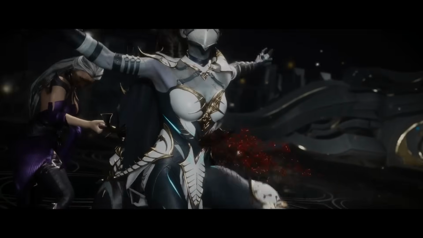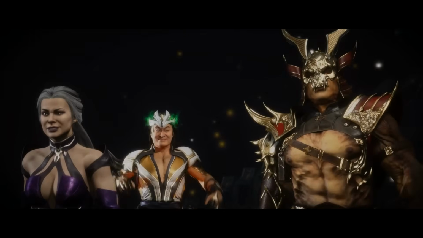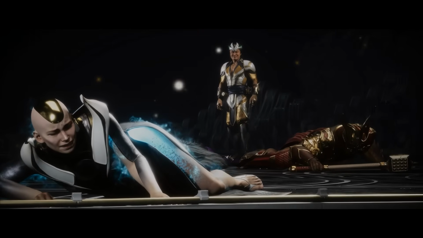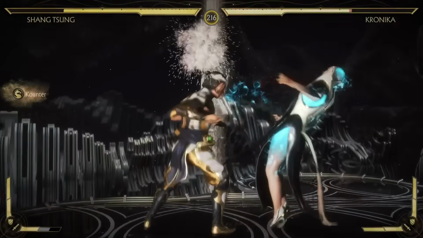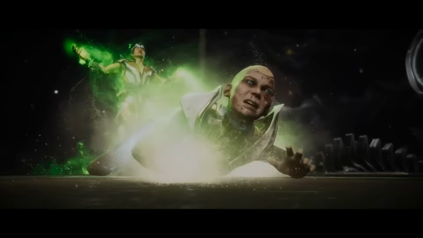Once inside, the trio of villains slaughter Kronika's remaining revenants. Then, when he has no more use of them, Shang Tsung betrays Sindel and Shao Kahn and takes their souls. With only Kronika left, he battles her, and with his newfound power, he manages to defeat her and erases her